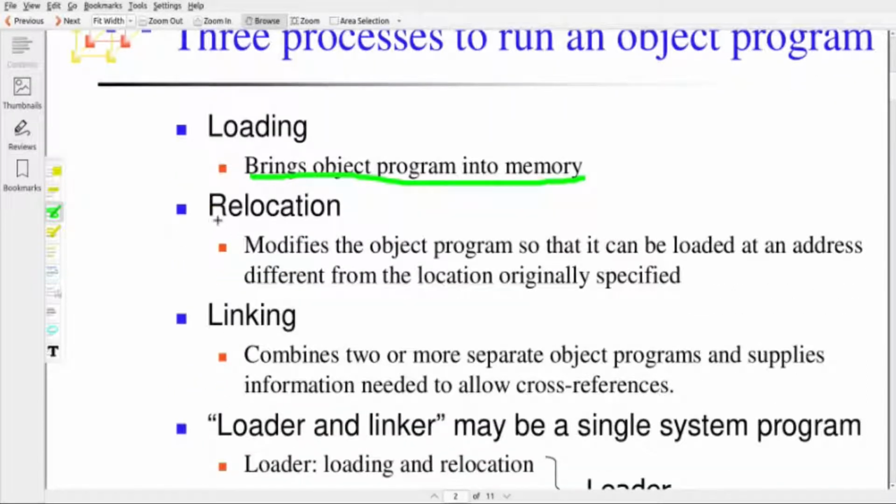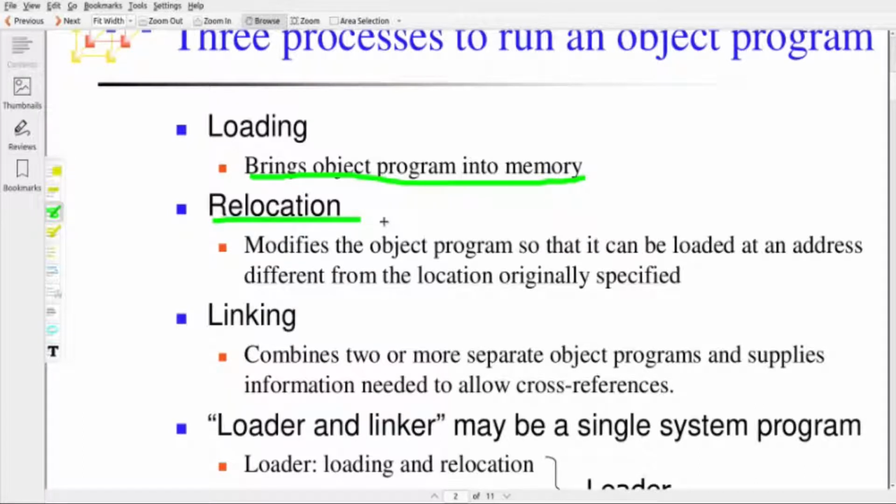And the second operation is relocation. Modify the object program so that it can be loaded at any address different from the location originally specified. That is called relocation. It is a function of a basic loader.